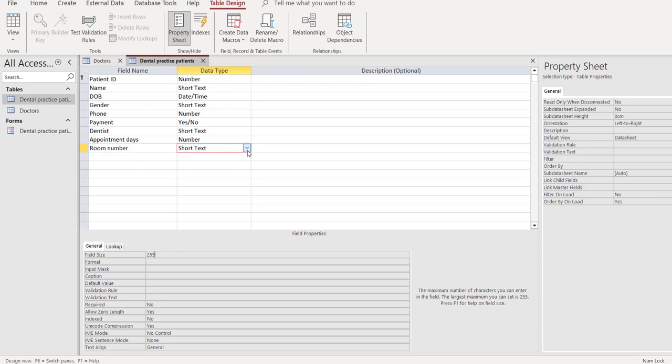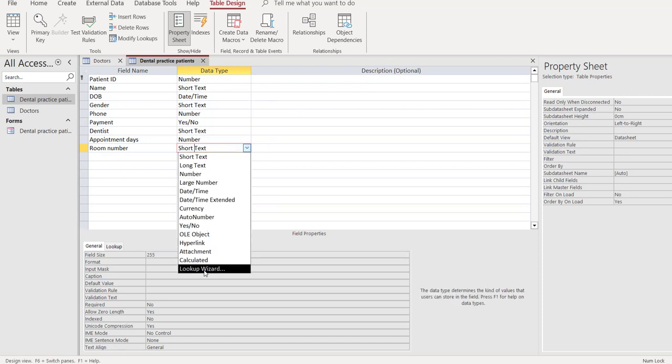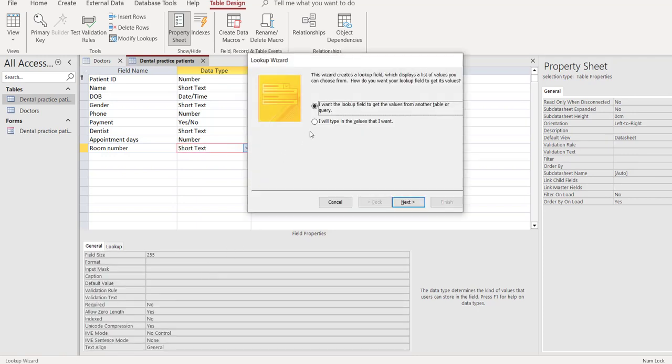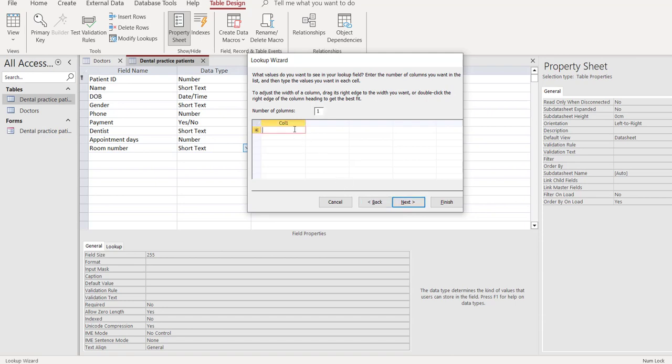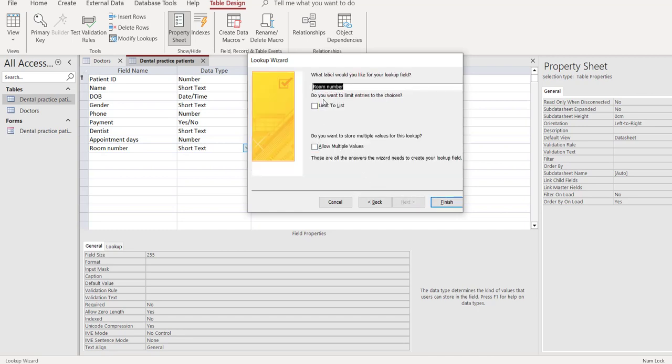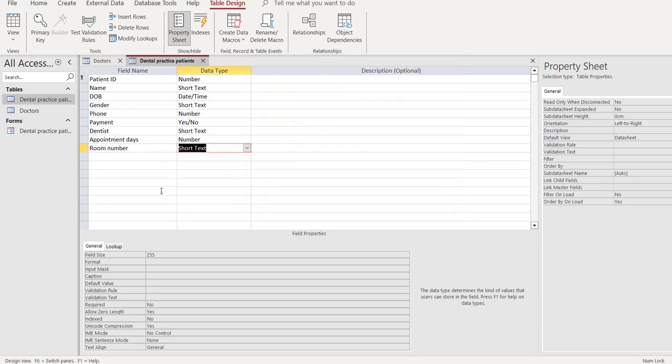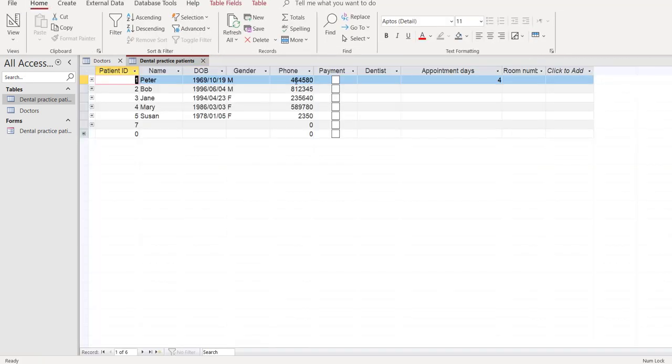and I'm going to go to the bottom to the lookup wizard, and I will type in what I want, click next, and I'll type in room 1, and over here room 2. Click next. Okay, that's the label, room number, correct. I could, yeah, that's fine. And over here you can see there's room 1, room 2. Okay,